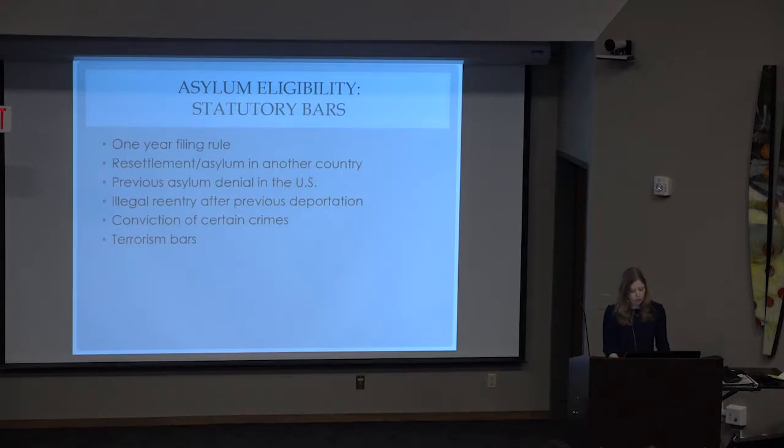There are certain statutory bars to asylum. There's a one-year filing rule. So this was enacted in 1896 as part of more restrictive laws around asylum. It just says that applicants have to apply within 1 year of the day that they arrive in the United States. So exceptions would be extraordinary circumstances like serious illness, mental or physical disability, or effects related to the persecution they've suffered. And many of those who work with asylum seekers feel like this is a really trauma-ignorant law because it prevents people with legitimate claims from obtaining protection when their filings were delayed because of fear or a lack of information or other circumstances beyond their control.